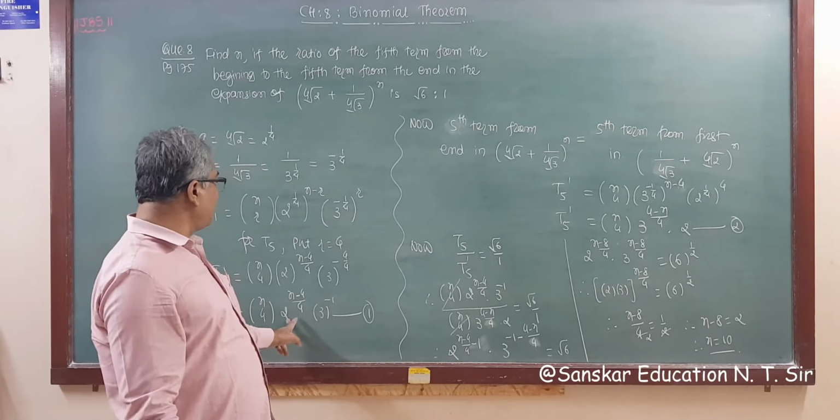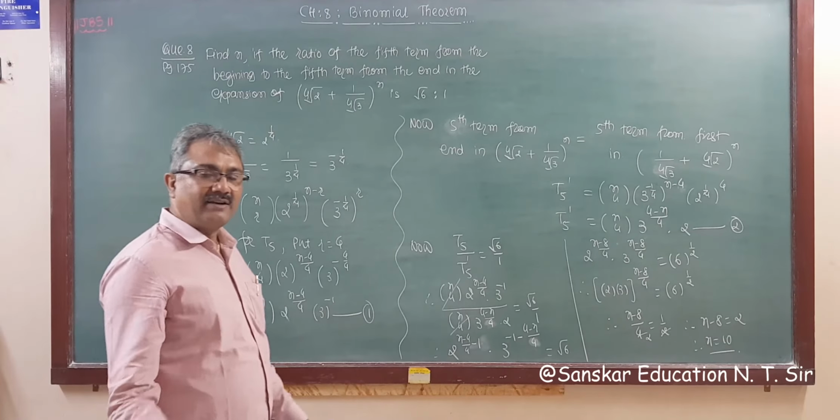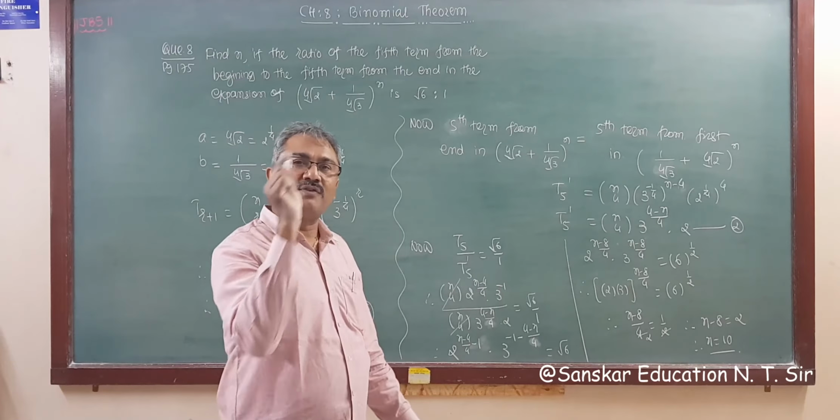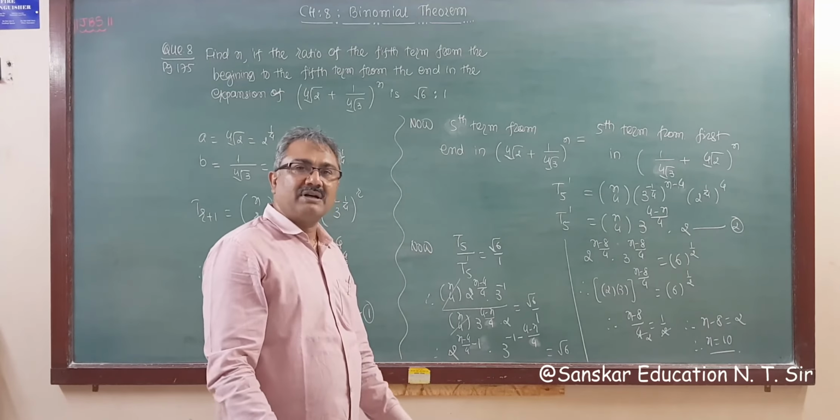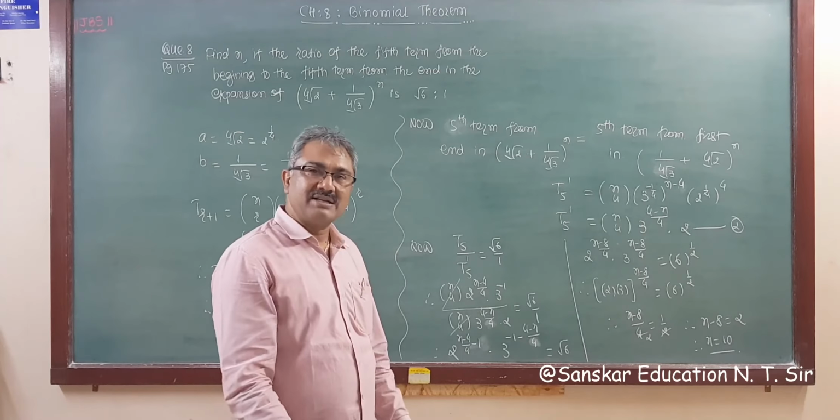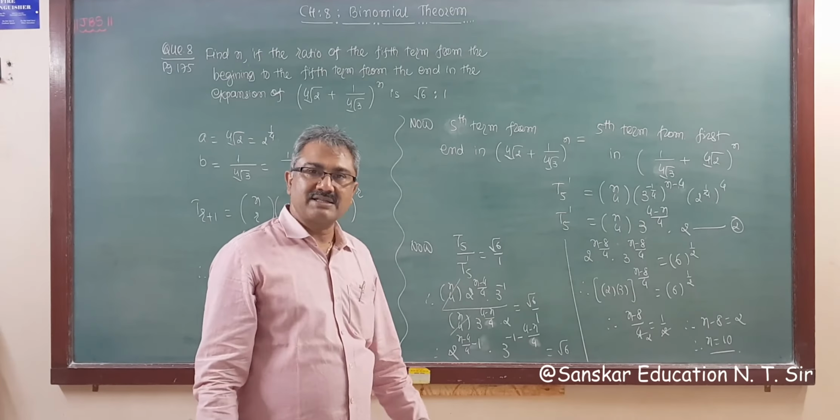ये 3 जो था इसको आगे ले लिया और इसको पीछे कर दिया, तो हमारा आंसर आ गया. मैंने बोला था, राइट? फ्रॉम एंड फाइंड करना है, तो फ्रॉम फर्स्ट ए और बी को आप चेंज कर दीजिए तो आपका आंसर आ जाता है. सो आपको प्रैक्टिस करना है ये एग्जांपल भी.